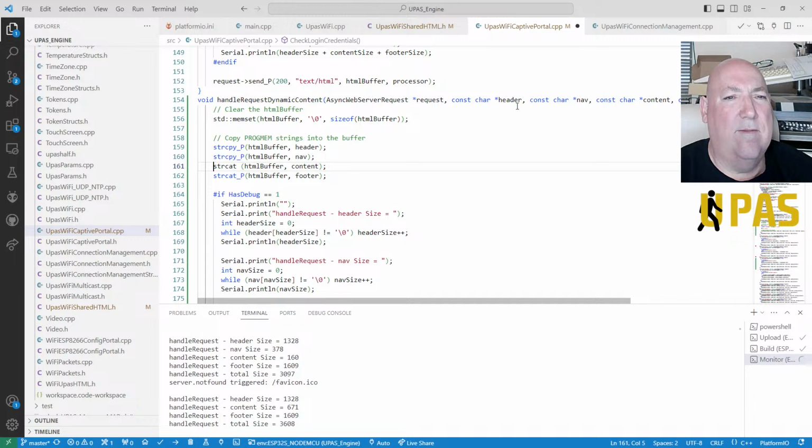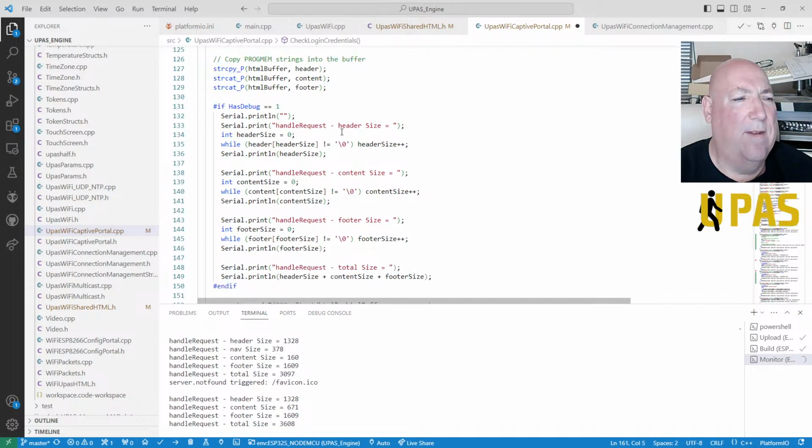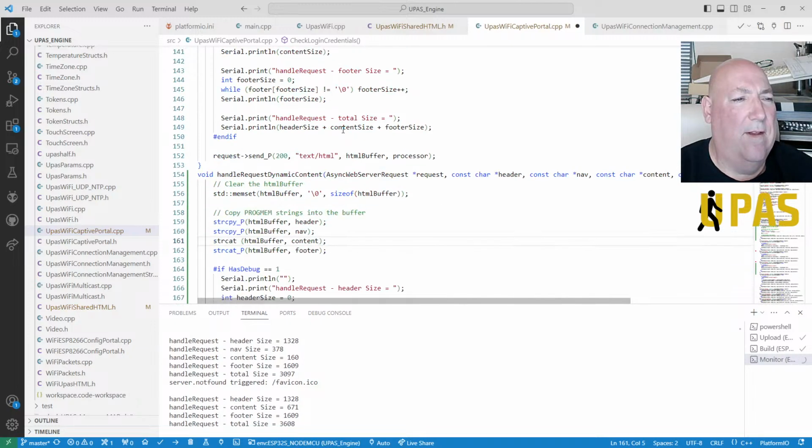I don't get it. Now if I go back to the original one that's working, it's exactly the same. Yeah, same. No difference. So what the hell? Clear the buffer, yeah.